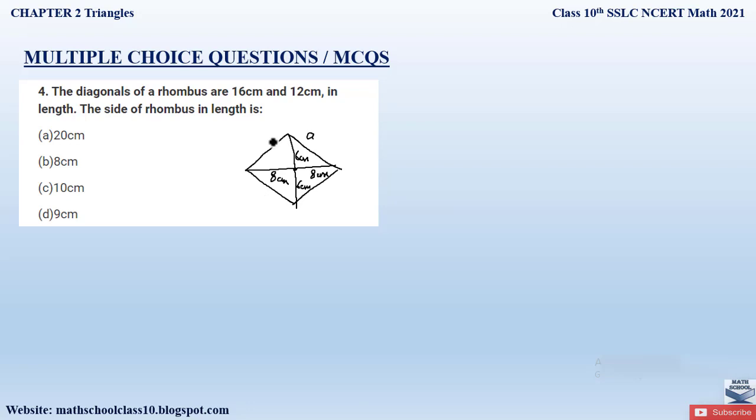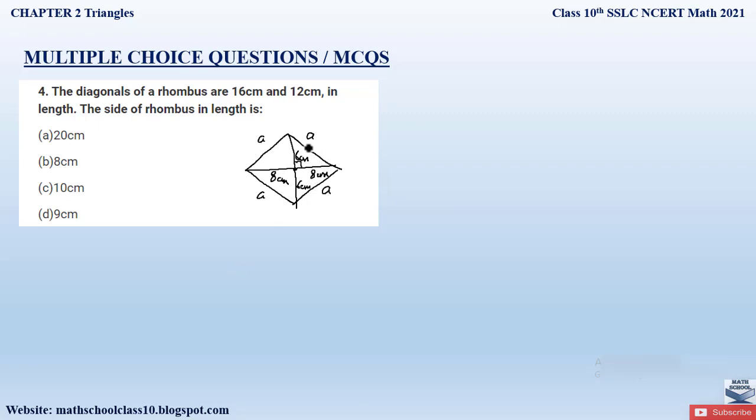All the sides in a rhombus are equal, right? If this side is A, then all the four sides will also be equal to A. So here you can observe that the diagonals intersect each other, forming a perpendicular, and we also observe that a right angle triangle is formed, where we know the two sides of this right angle triangle, that is 6 and 8. Easily we can find out the third side. After we find out that side, all the four sides of the rhombus will be equal in length. So let us apply the Pythagoras theorem here.